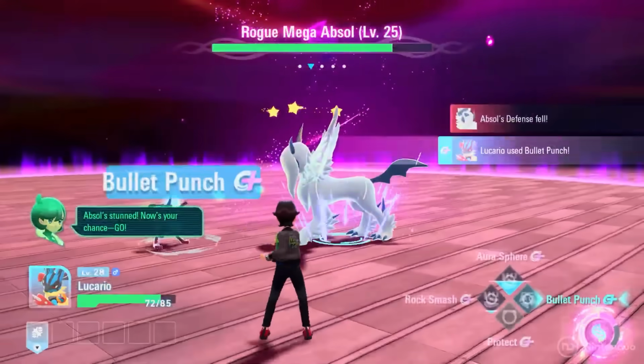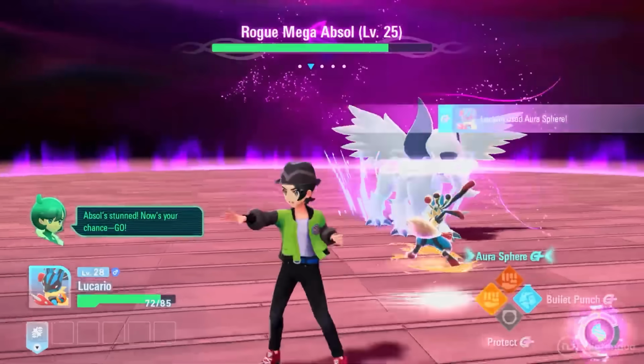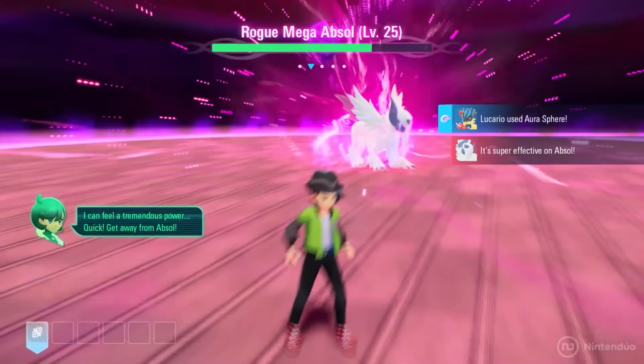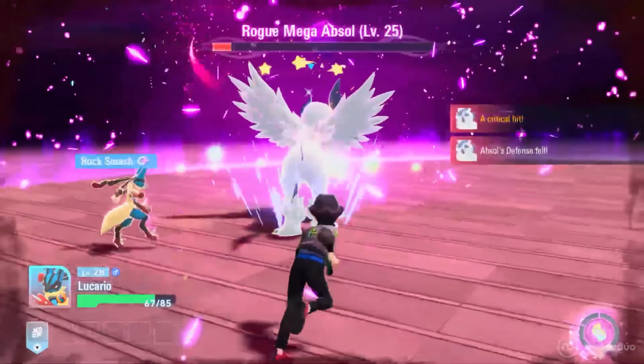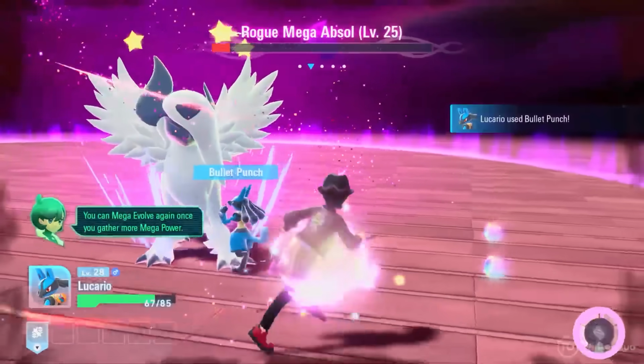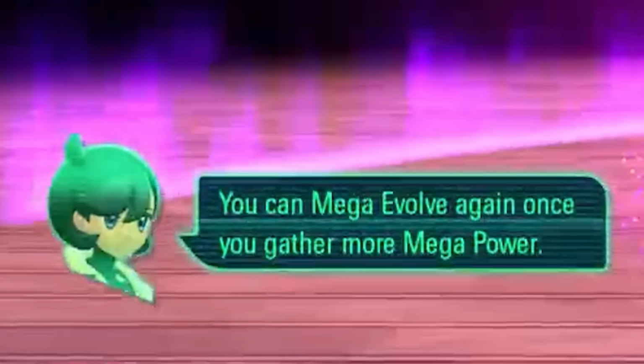You might have also noticed that occasionally your attacks can stun the enemy, and I confirmed with the demo staff this won't increase your damage, just basically gives you a window to land a couple free hits. Once the meter runs out of energy though, you'll of course revert back out of Mega Evolution. But something really interesting in Legends Z-A is you can actually Mega Evolve again if you fill the meter back